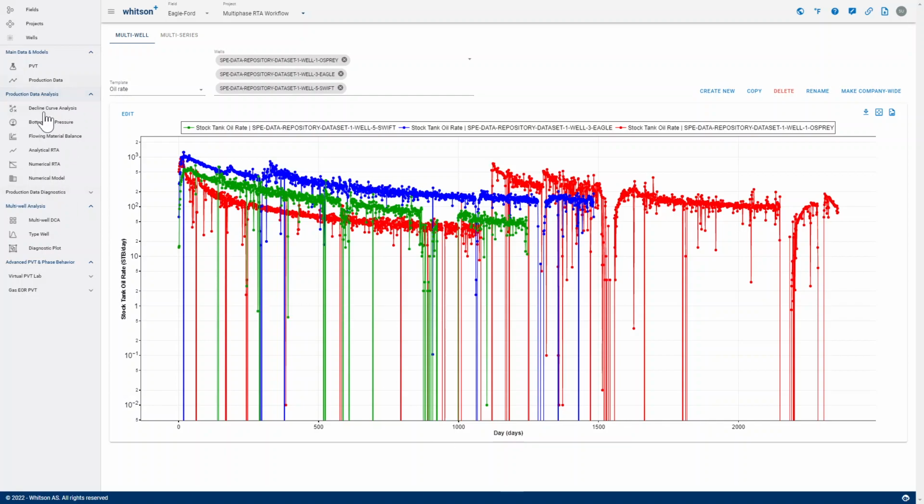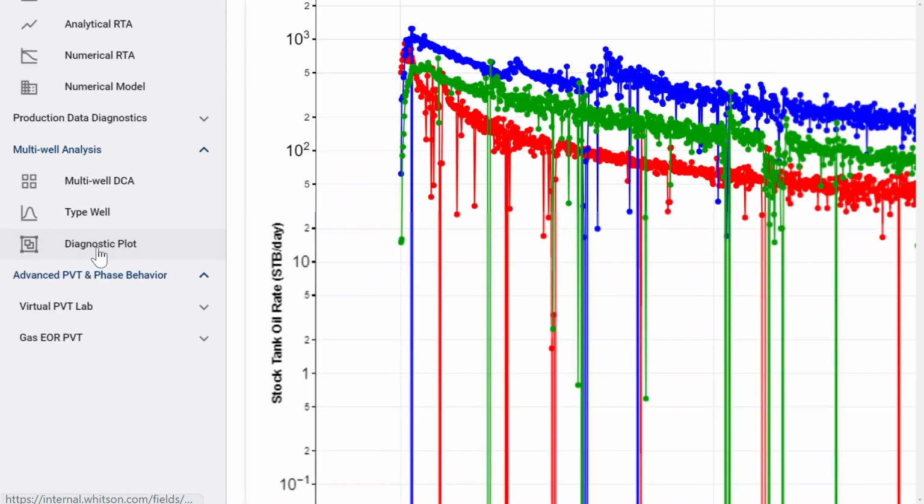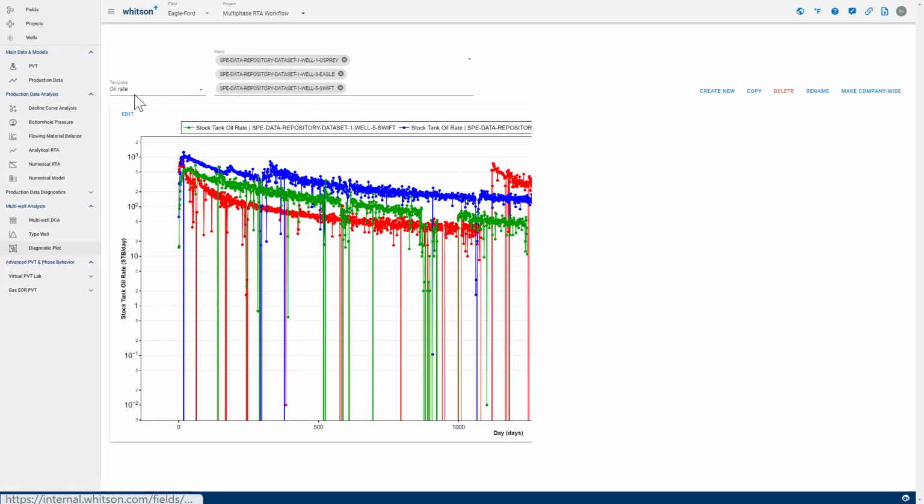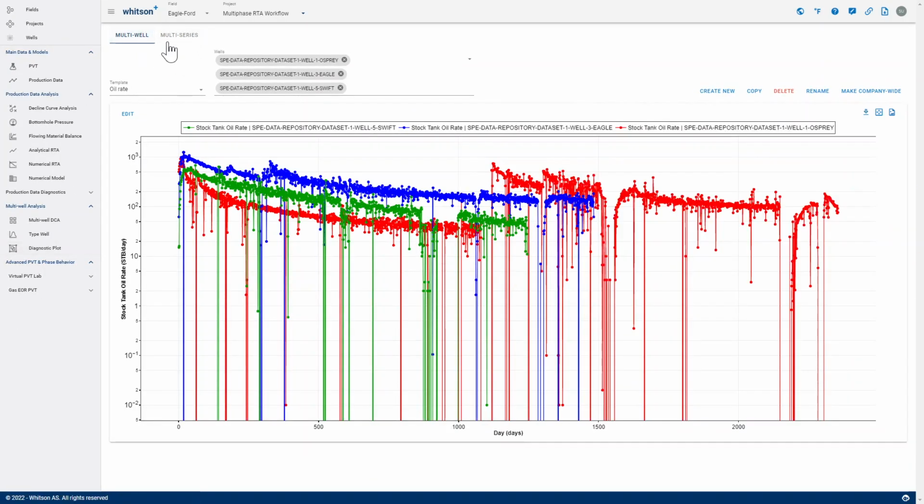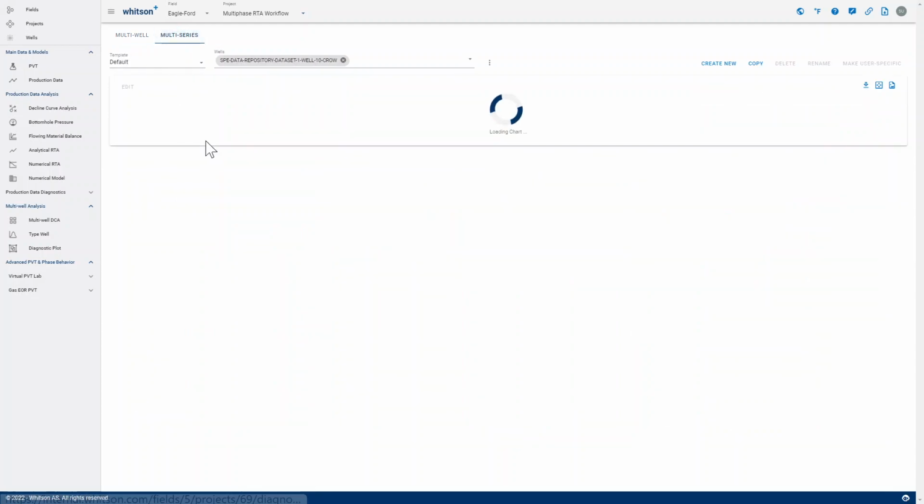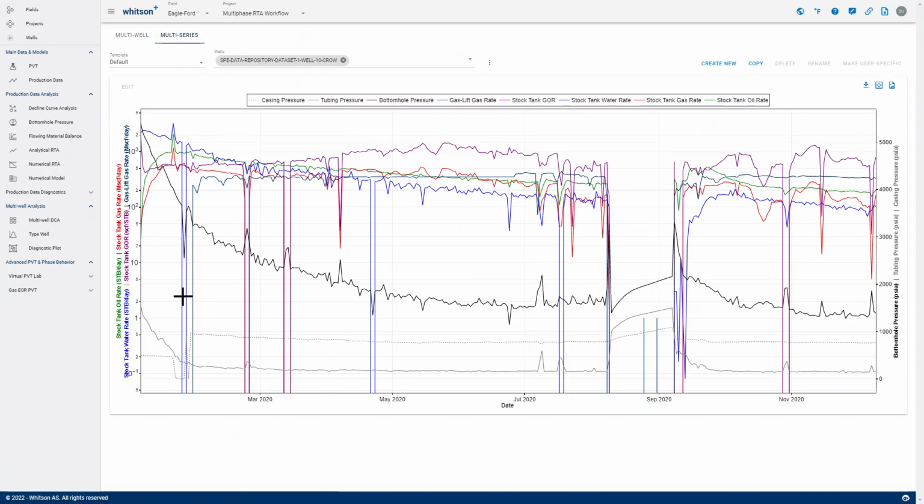So in the newest release of Whitson Plus, if you're in the diagnostic plot feature, you'll see that we now have two options here at the top, a so-called multi-well option and a multi-series option. The difference there is that the multi-series option tries to allow you to create a lot of series and add a lot of different types of time series data on the same plot for